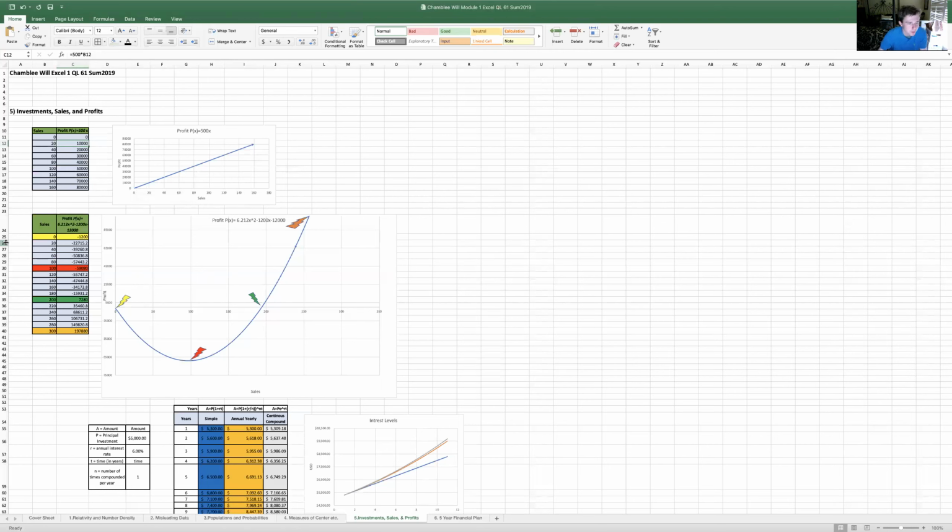But with this profit, we use another formula, 6.212x squared minus 1200x minus 12,000. And that's to get your margin of profit. It's a much truer graph in terms of how much money a company is actually making. As you see here, they start off at 0 sales and negative 1,200 profit. And then as they get more sales, they actually lose money until they hit rock bottom around 100 here, at a negative 59,080.